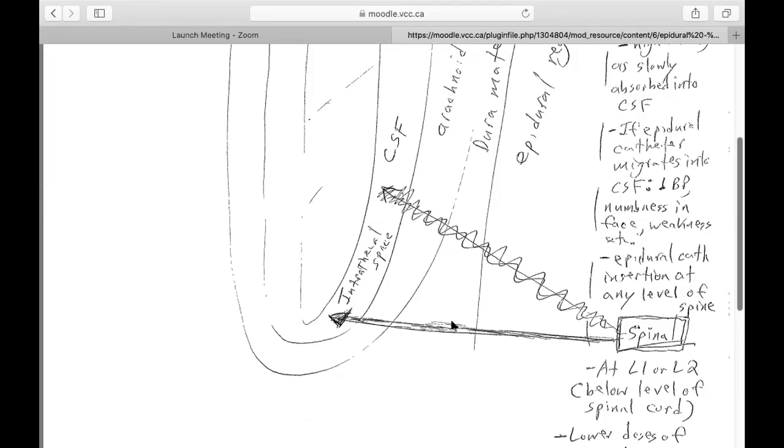So anesthetic being the real key word here, it's got to be anesthetic. That anesthetic will bathe the intrathecal space at that level and beyond, and it might migrate a little bit with position, but basically will cause a loss of sensation and movement to that area for